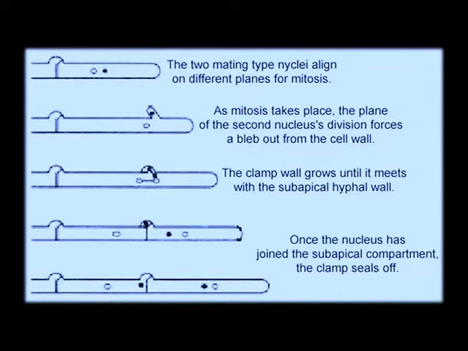Now, the life cycle pattern: there is alternation between haploid and diploid stages. But here you can see there is an intermediate stage which is the dikaryon or N plus N stage. That is, the nucleus will divide within the filament, and then one of the nuclei will ultimately pair with the existing nucleus and produce the N plus N structure. And this stage will ultimately produce a diploid stage, or they continue to remain as N plus N and then they separate.